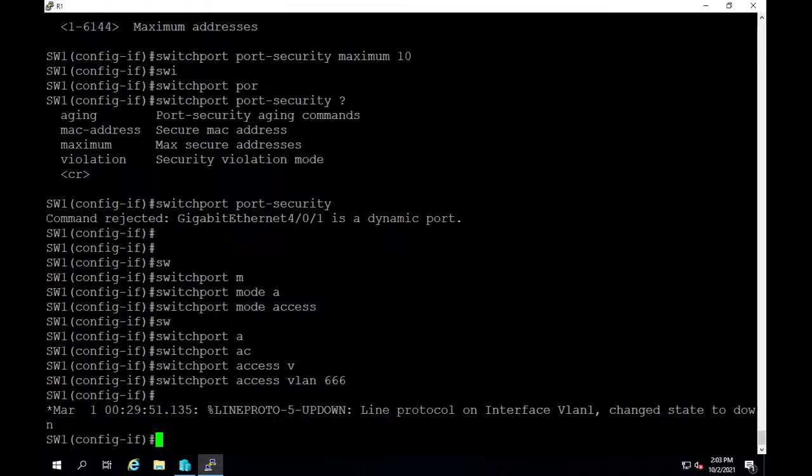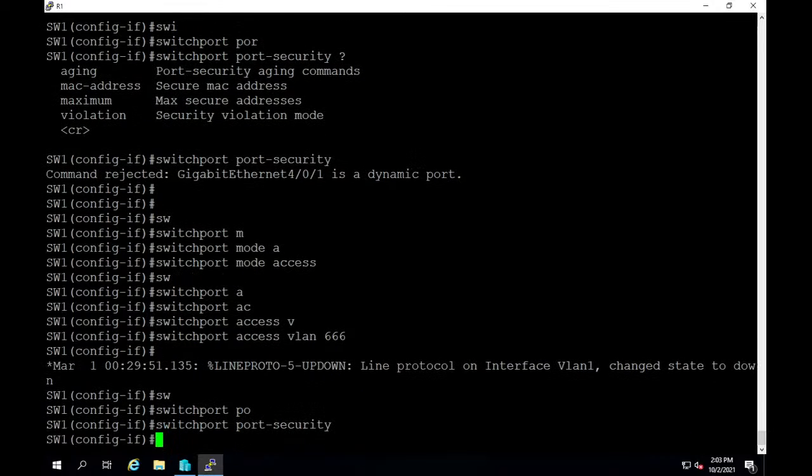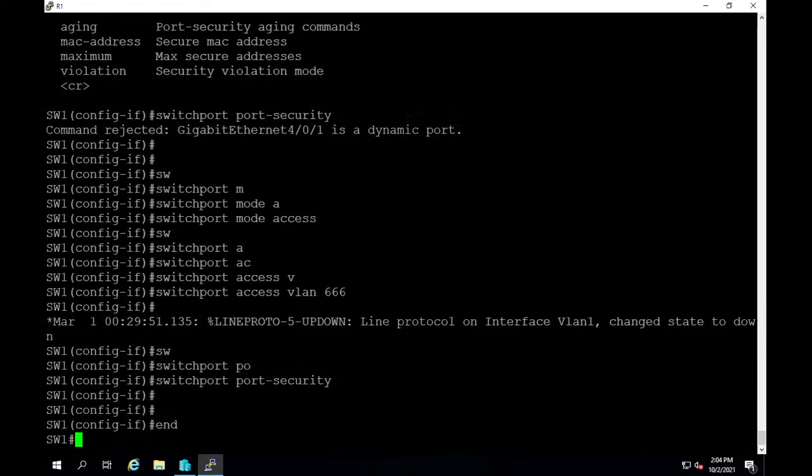And obviously that's going to bounce that port, but if we go ahead and do switchport security now, notice how it didn't yell at us. That is actually set up now. So that anything that comes in on that port is allowed 10 IP addresses, or 10 MAC addresses, I'm sorry. And so if we go ahead and get out of there